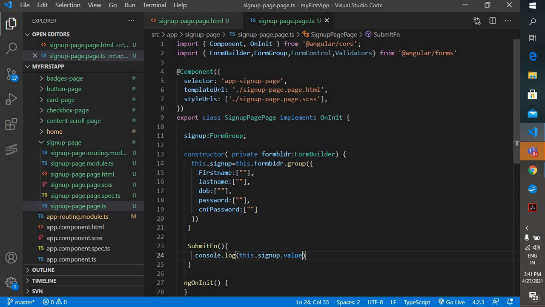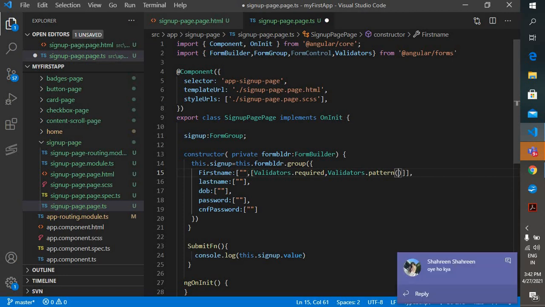Now for validations, what we have to do is first come here, give a comma and give another square brackets, and we have to call our validators. Here I want two validations. First one is the required field validation, Validators.required, comma, the second one will be Validators.pattern, and in pattern I have to give